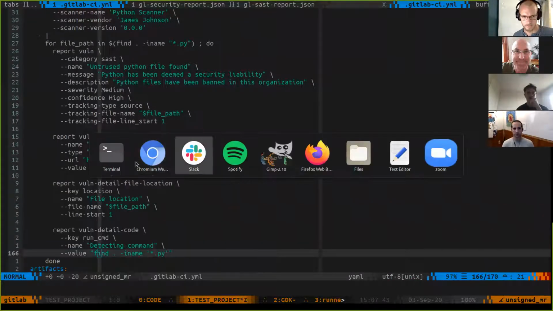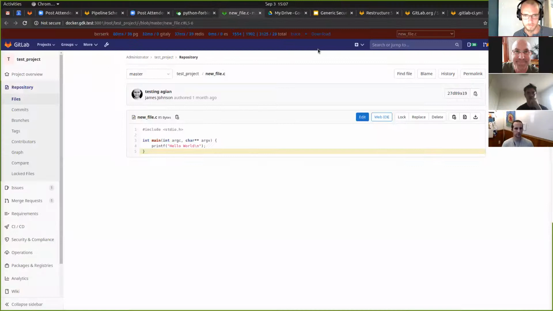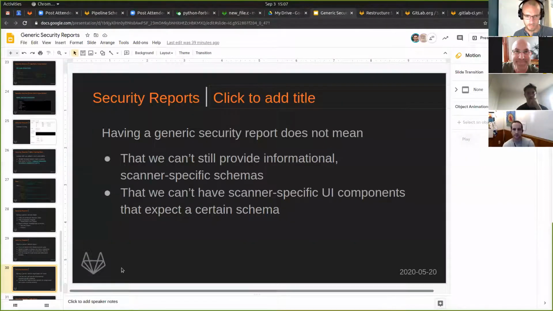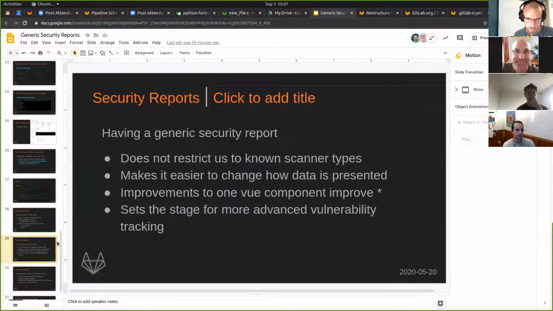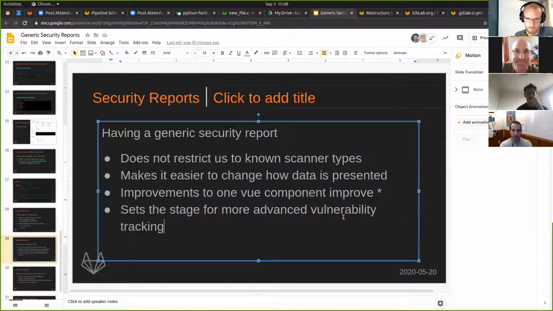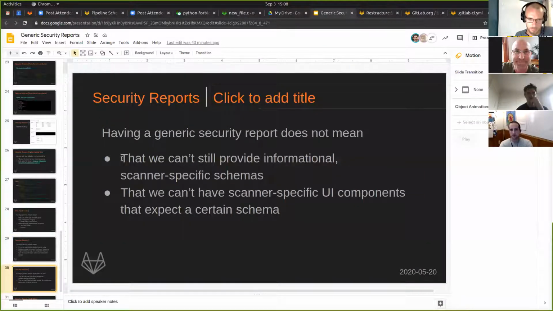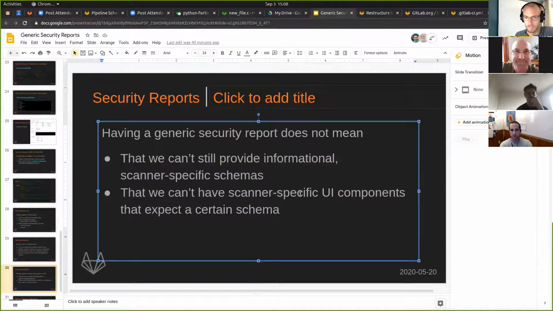All right, so Cameron, I know you have questions and are waiting. I think I've covered most of it. So improvements to one view component will improve everyone that uses those view components, and it won't be tied to specific report rendering or renderer. Sets the stage for more advanced vulnerability tracking. And so I did want to point out a few things that it doesn't mean. It doesn't mean